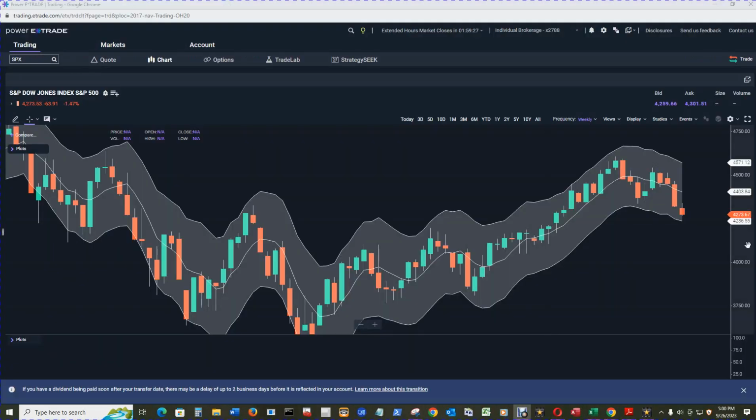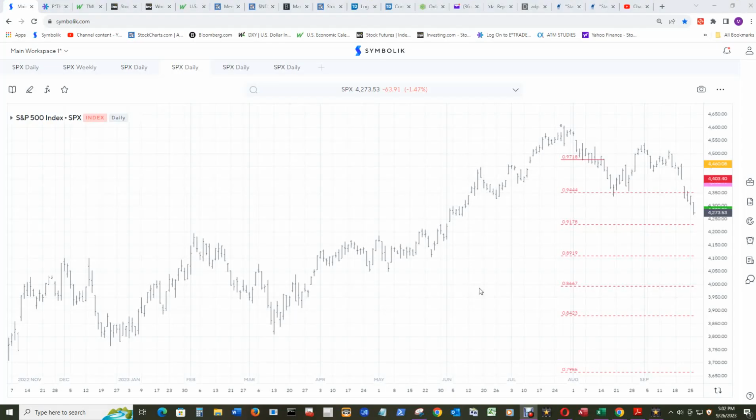And here's the S&P 500 weekly chart, and you can see the lower Stark band right there underneath that candle, 42.36.55, so right in that same area. And here's an S&P 500 daily chart showing DeMark trend factors. So we did some buying at the second one, and those are certainly all in the red in my portfolio